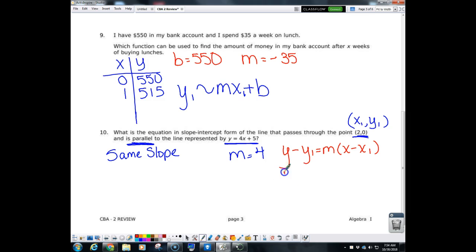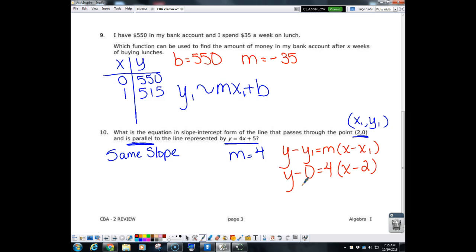And that would be y minus 0 equals 4 times the quantity x minus x1, which is 2. But they want it in slope-intercept form, so that means you would have to distribute that 4. Y minus 0 is just y, right? So you could either do that